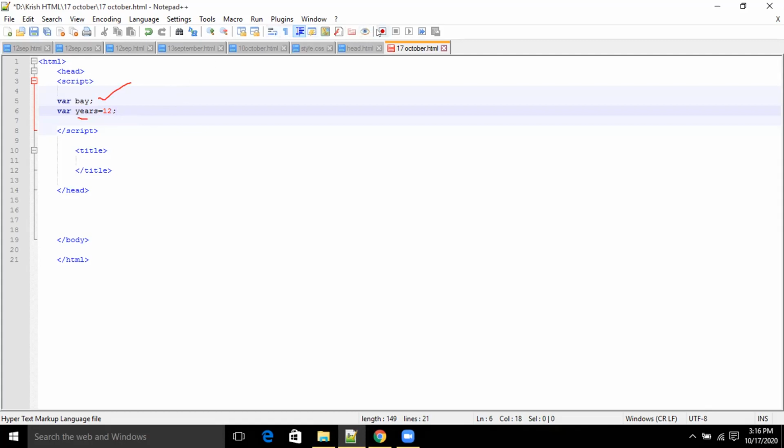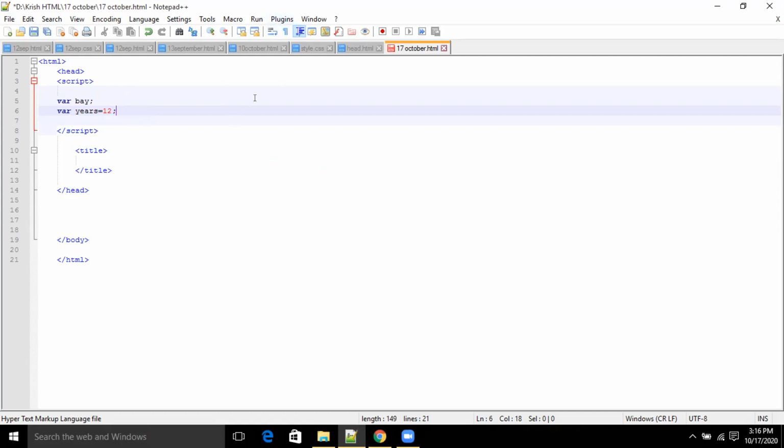Always remember, we have got a variable. We will do all our manipulation on this variable. This variable will have certain value. Whatever you define on the right hand side, that value is assigned to the variable. So as of now, the value of years variable is 12 because you assigned that value over here.